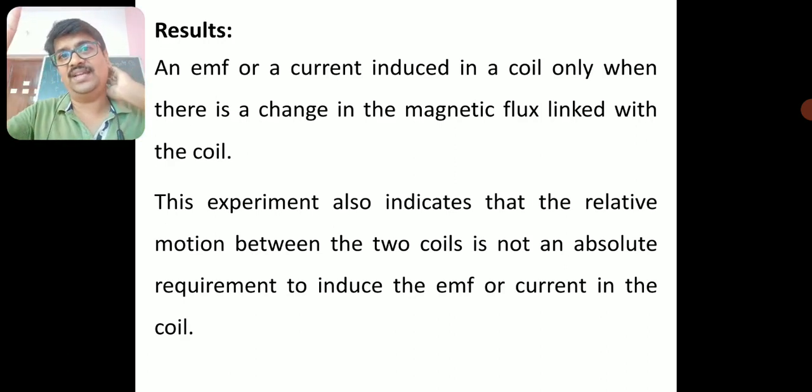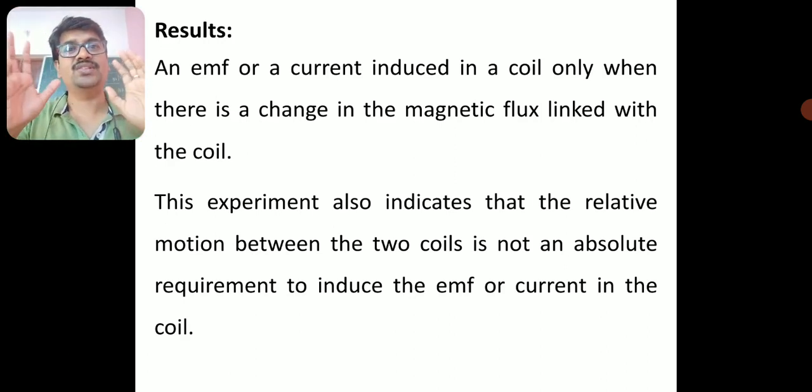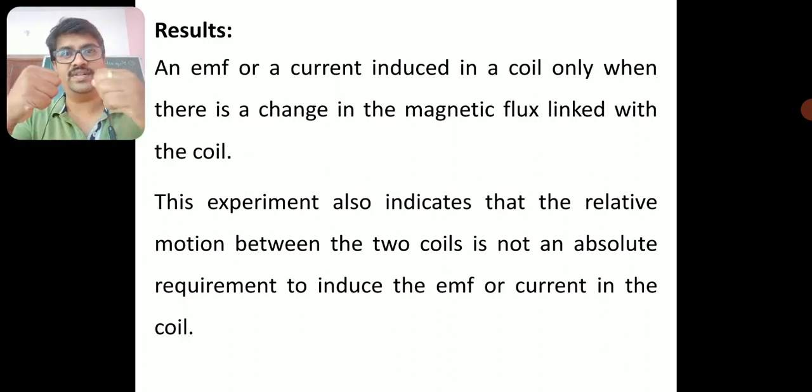So finally what I want is the flux to be changed to induce an EMF. So that is what exactly I am doing here. I am changing the flux. How am I changing the flux? By increasing and decreasing the current in coil 2. By increasing the current, the flux linked with the coil C1 changes, and EMF is induced. If I decrease the current, the flux linked with the coil C1 will change, therefore an EMF is